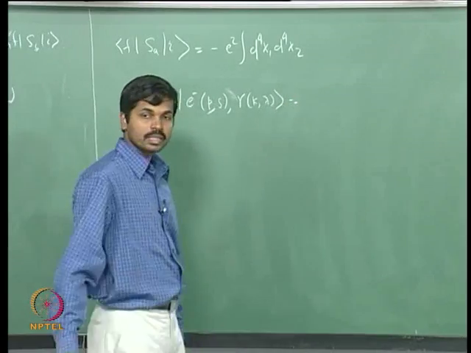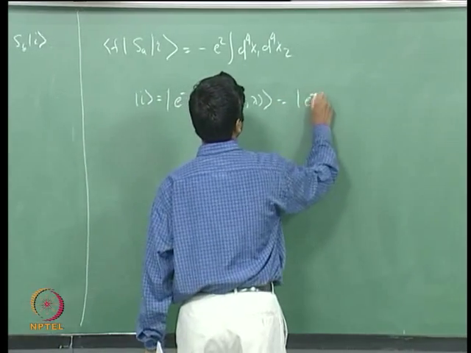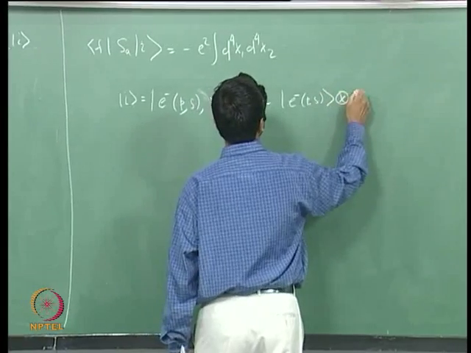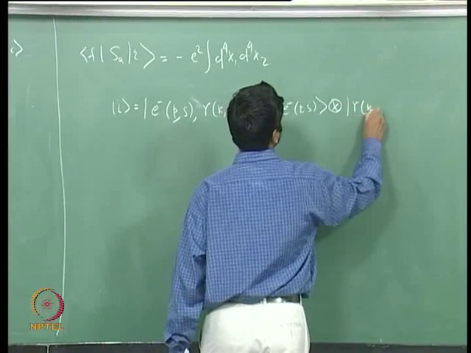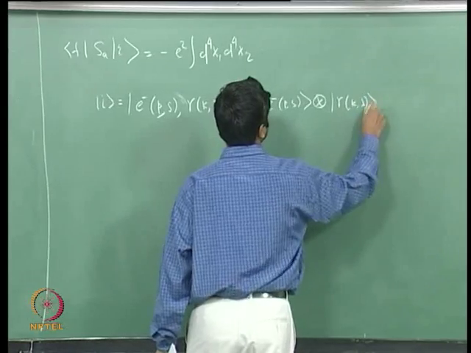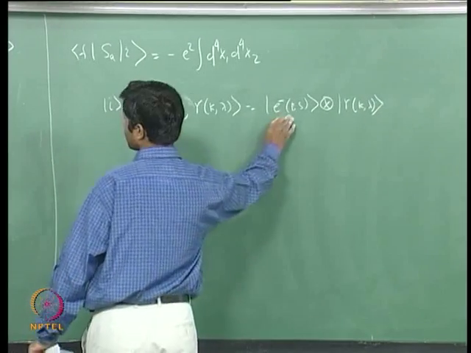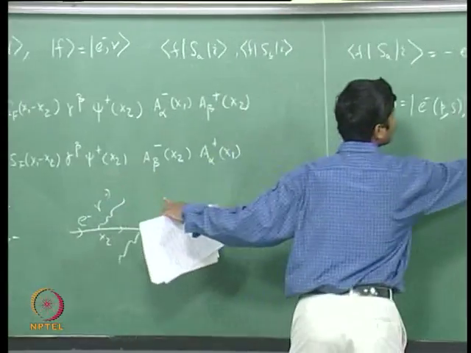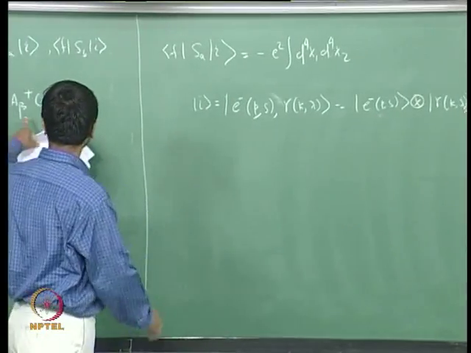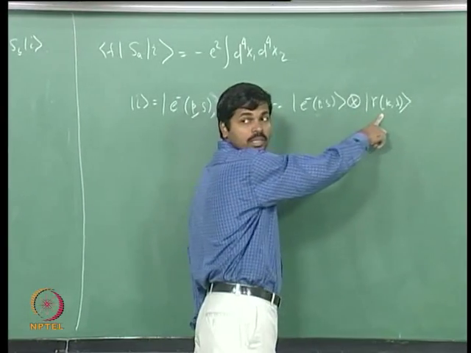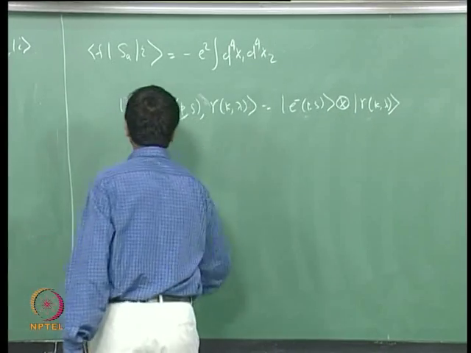This I can take as |e⁻ p s; γ k λ⟩, and the ψ⁺ will act on this one, whereas the A⁺ will act on this state here, right. So, therefore,